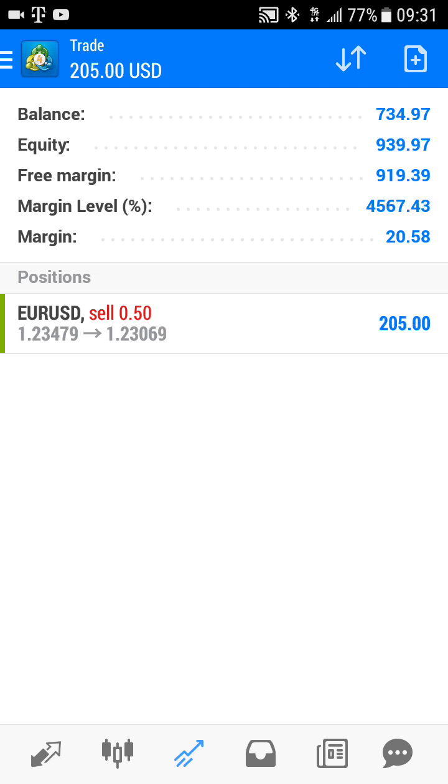This individual has done nothing whatsoever except invest their money. They didn't have to worry about studying the chart. They didn't have to worry about taking the trade. They didn't have to worry about anything. All they did was invest the money. That's all you're going to have to do if you want to choose this level.